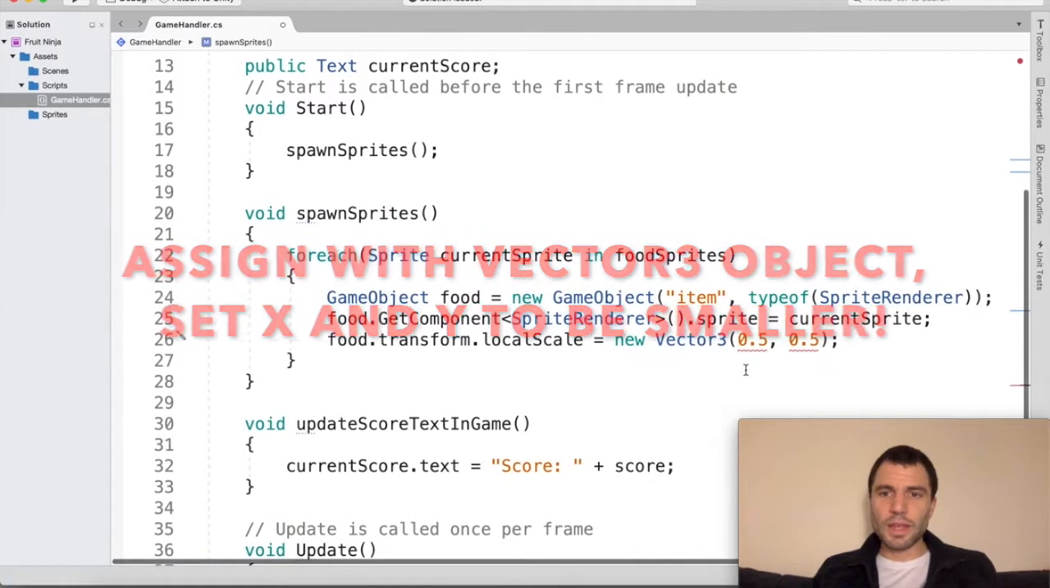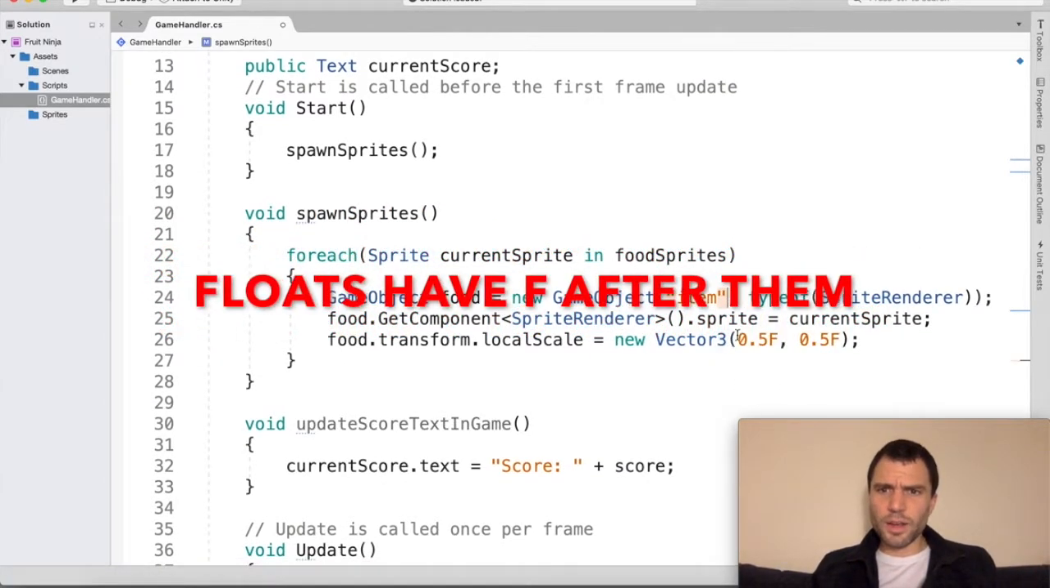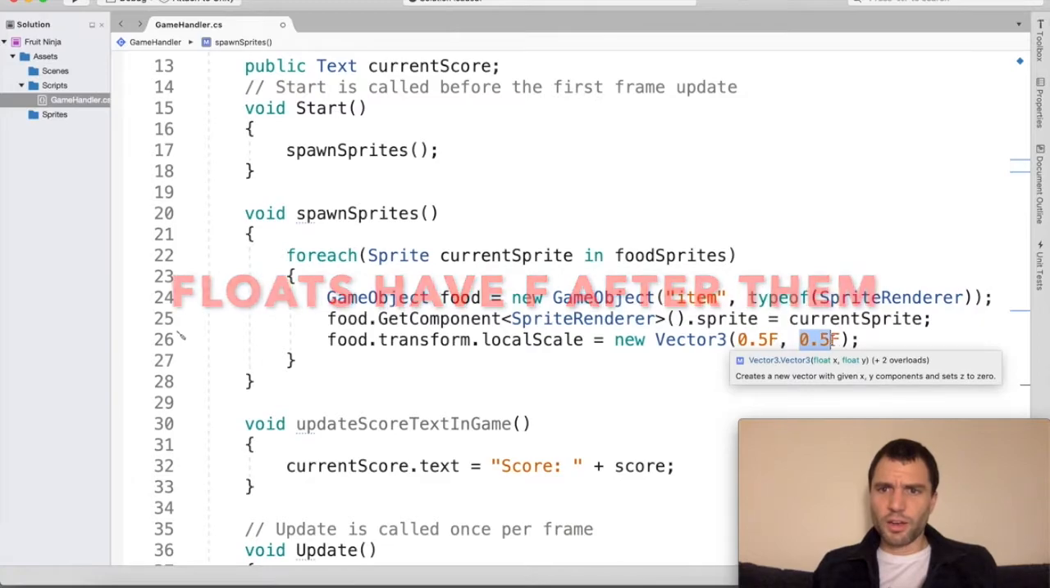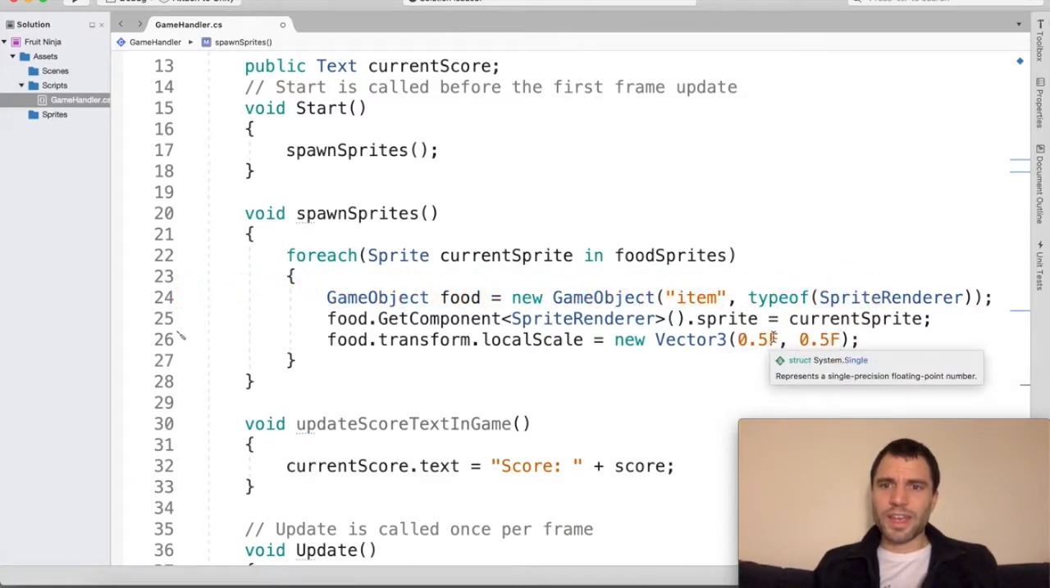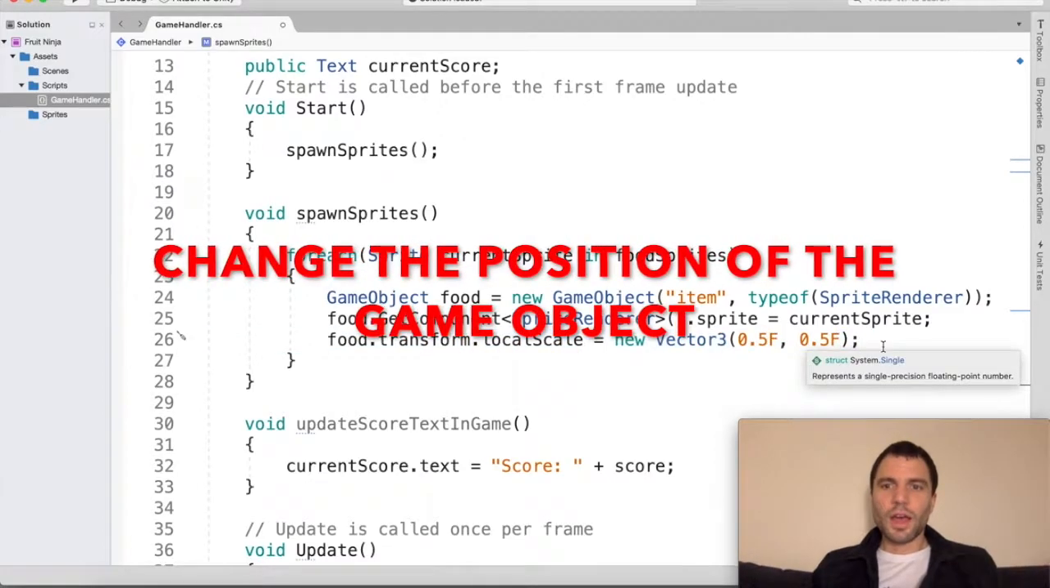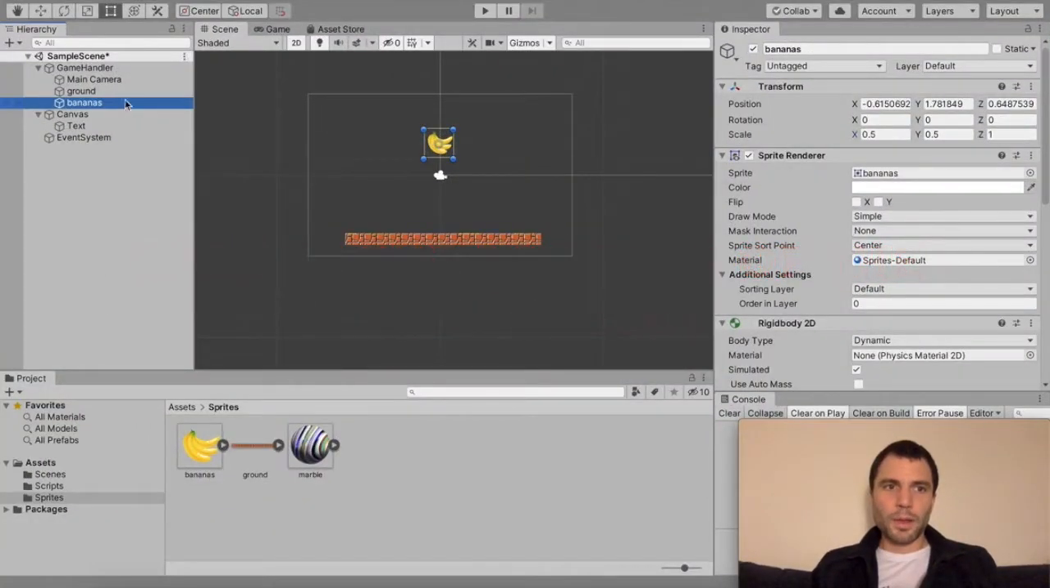The other problem here is these numbers that we're meant to pass into here are floats. So I had to add F in front of it to indicate that this number is a float. If I don't add F, then the computer thinks that it's a double. And the next thing I want to do is we want to get the game objects